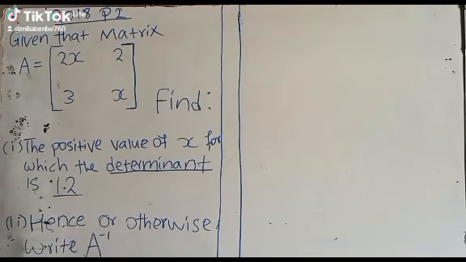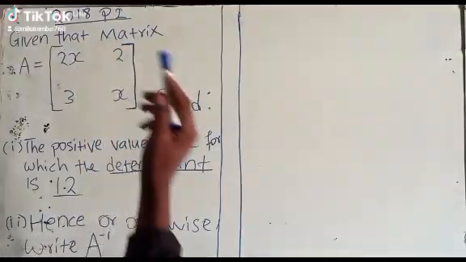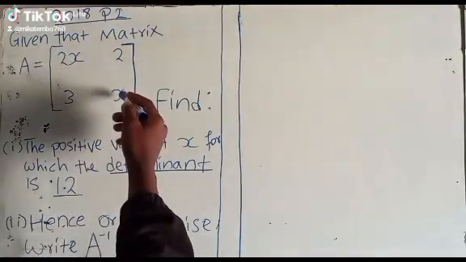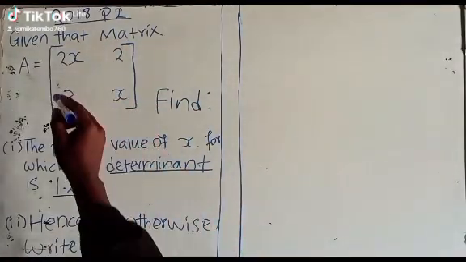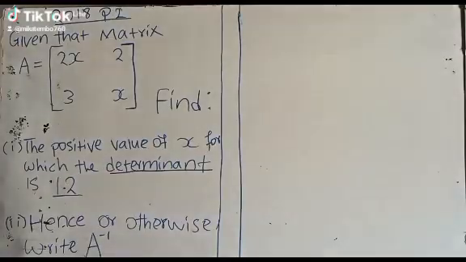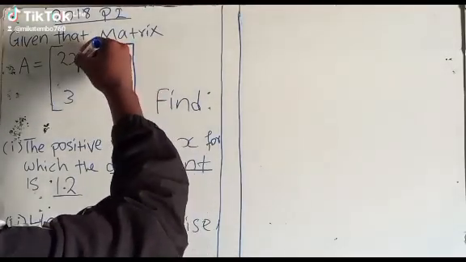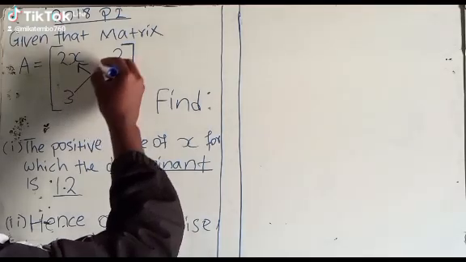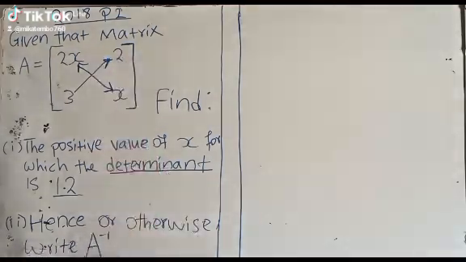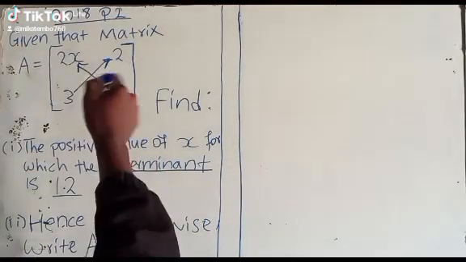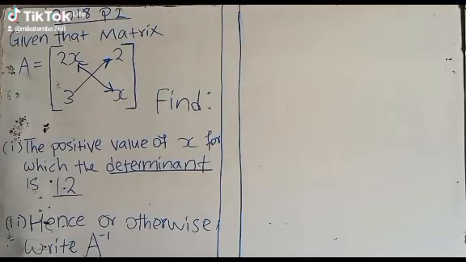So the formula for finding the determinant is the multiplication of the major diagonal minus the multiplication of the minor diagonal. So this is the major diagonal, then this is the minor diagonal. So the multiplication of these diagonals will give us the determinant. So we are going to say